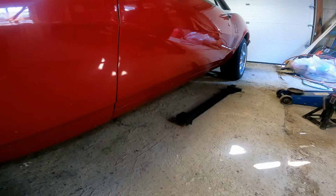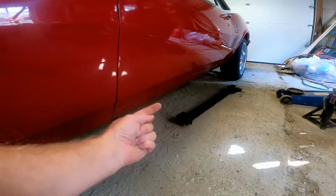So I bought some Summit Racing subframe connectors for my 68 Firebird. It looks pretty straightforward. You can see the front part right here is going to slide right into the frame. They do suggest that you drill a couple holes in the side. They give you the bolts for it, 2 for each side, and then the body bushing will sit right up